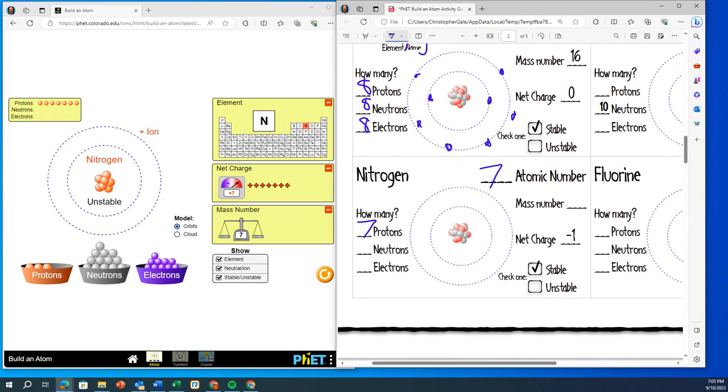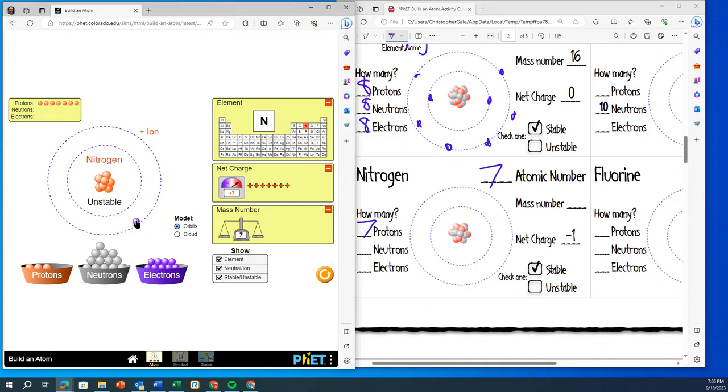And if we want to have a net charge of -1, that means it's got to have more electrons than protons. 1, 2, 3, 4, 5, 6, 7. So there's a neutral atom, but we want to have a -1, so we have to add 1 more